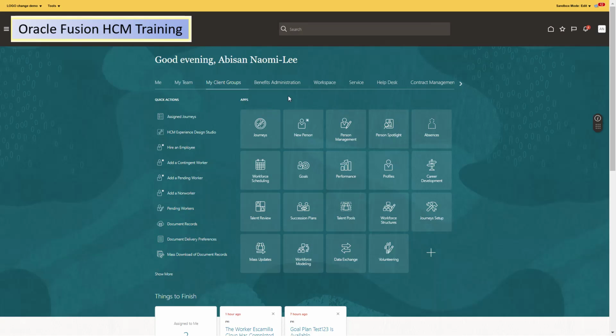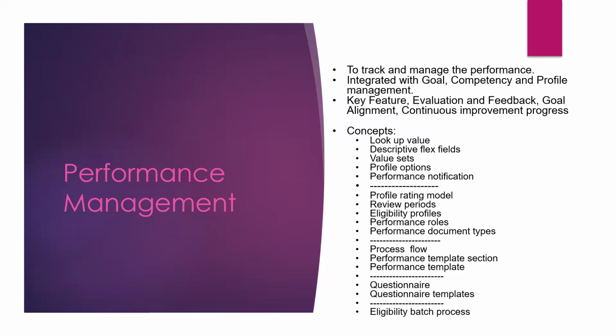Now, in this session, we will give a quick introduction about performance management, and then do the basic navigation for the performance management. In our later sessions, we will go in depth. So, performance management